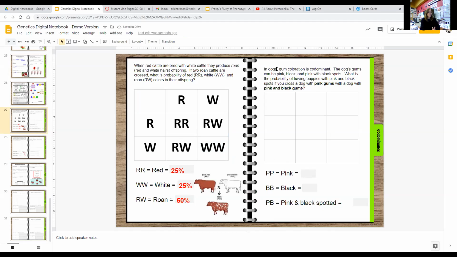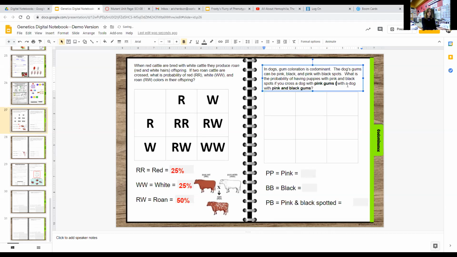Our second one says that in dogs, gum coloration is codominant. So have you guys ever looked at a dog's gums? Some of them have pink, some of them have black, some of them have kind of spotted gums in there. It kind of creeps me out. But the dog's gums can be black, pink, or pink with black spots. What is the probability of having puppies with pink and black spots if you cross a dog with pink gums